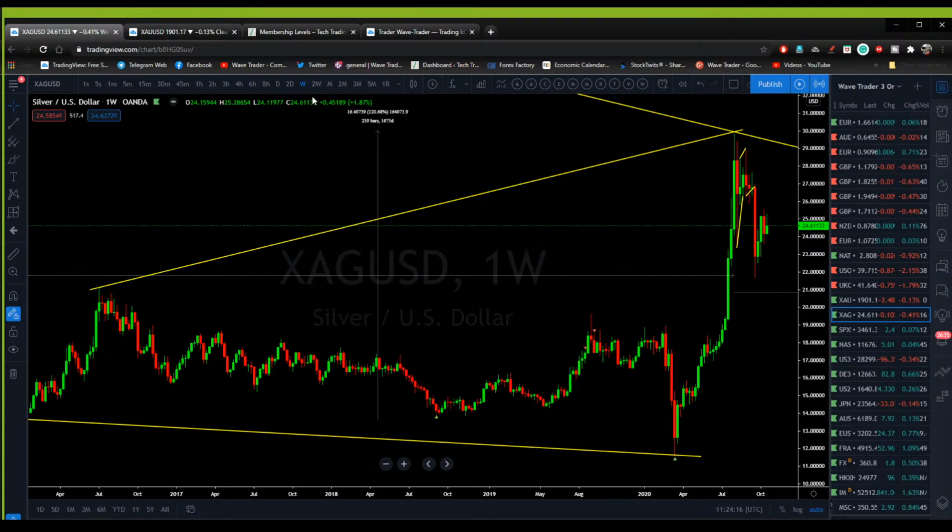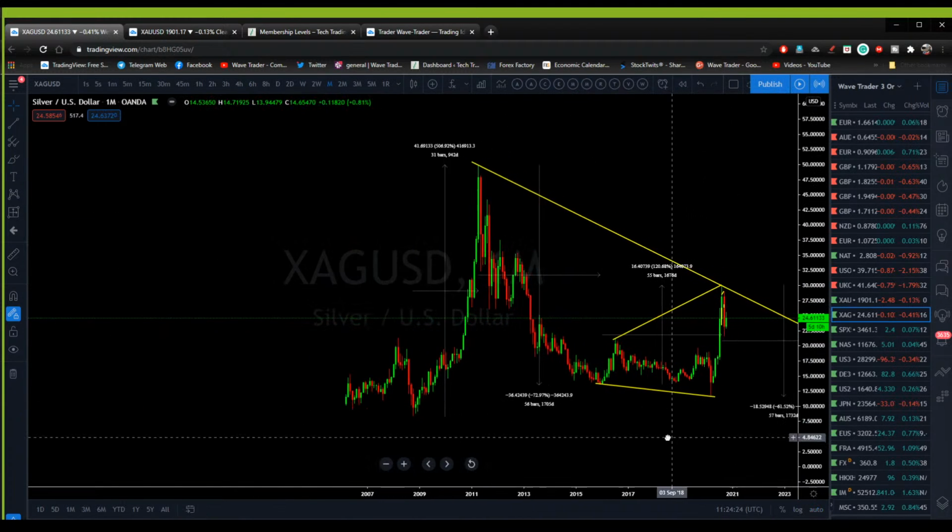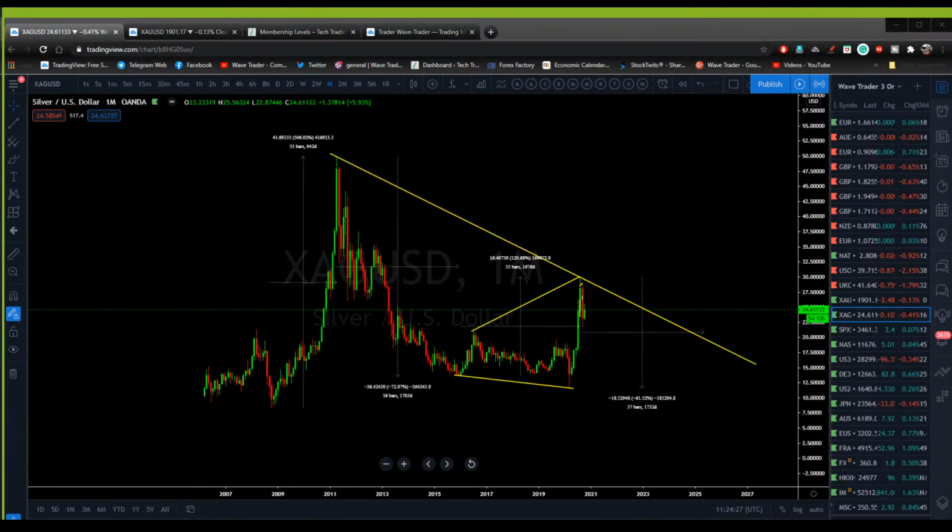So don't buy silver at these levels for more upside. We are currently expecting this to go lower. Yes, silver is going to go higher